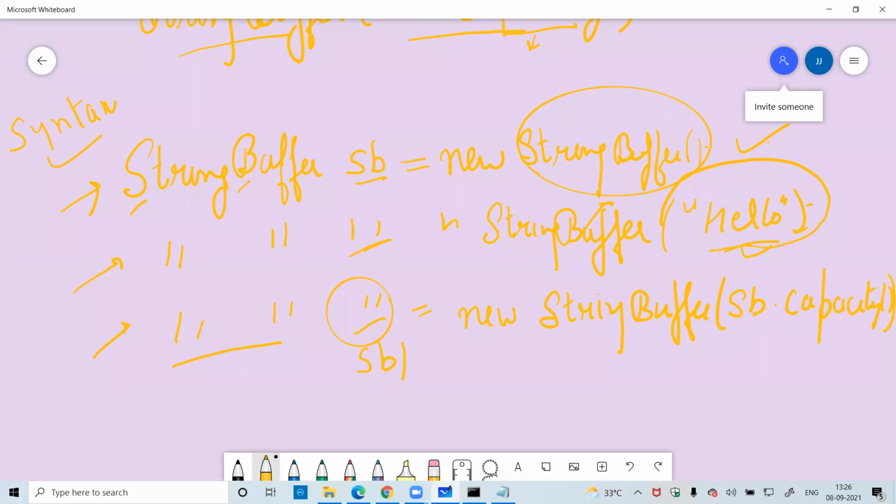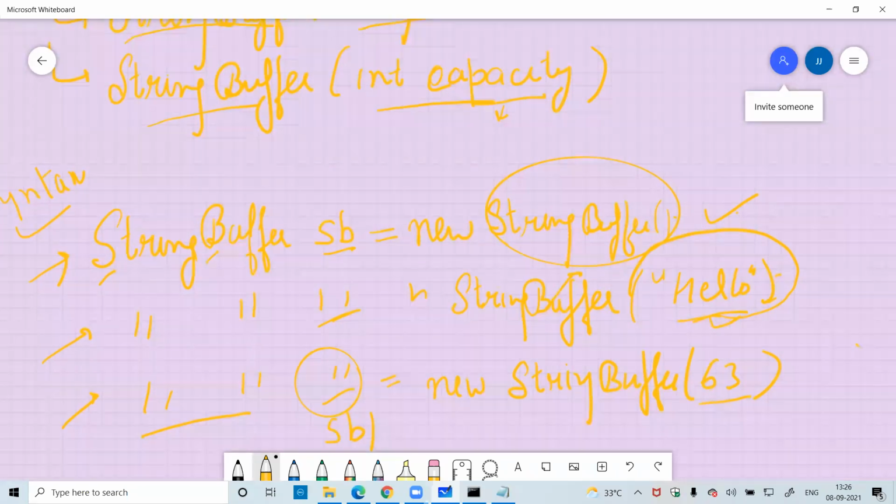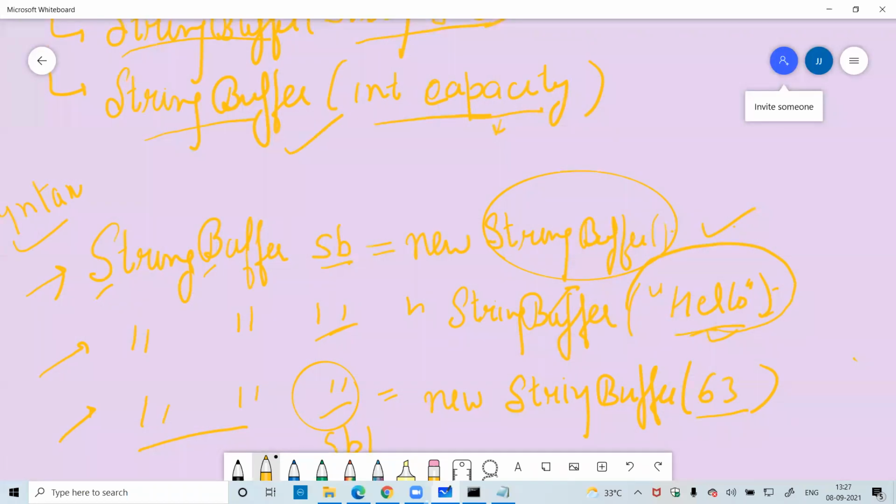Or we can say, let me take any value. If I write any integer value like 63, that means I am specifying the memory that is occupied by that particular string.